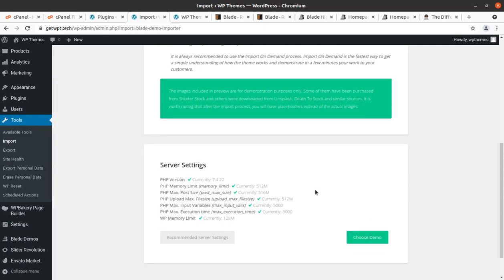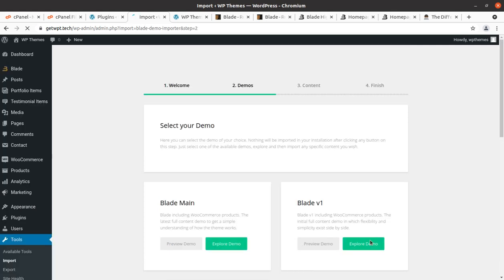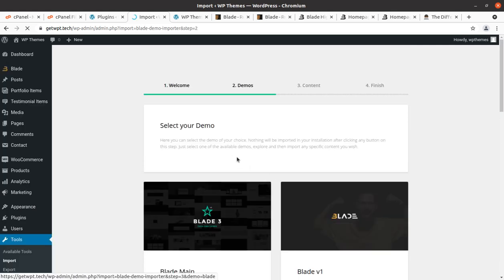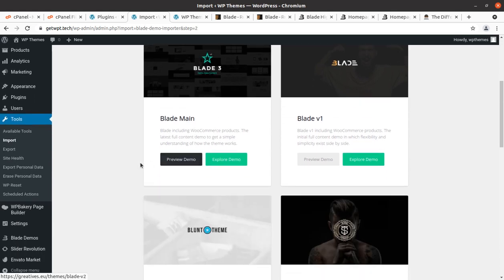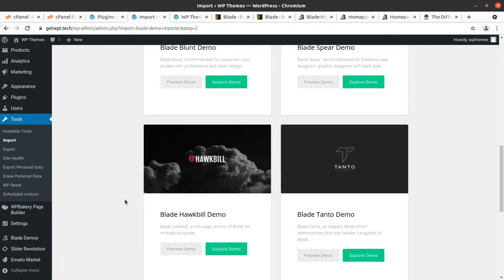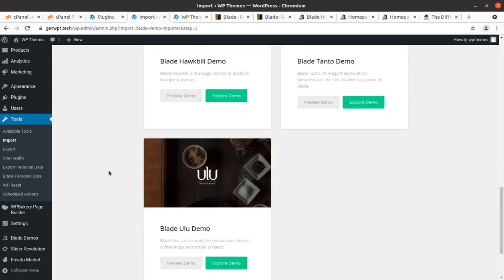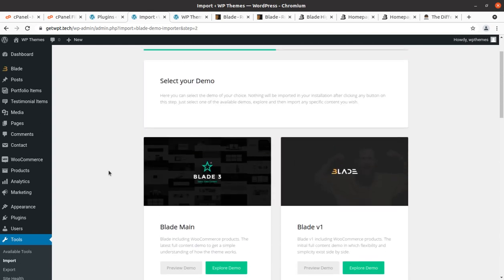Now we have the next step, choose demo, and here we can choose the demo websites which we need to have on our website. We have all the options of demo websites here, and we can choose according to our need and choice. So it is up to you how you want to make your website and for what purpose you are making it.